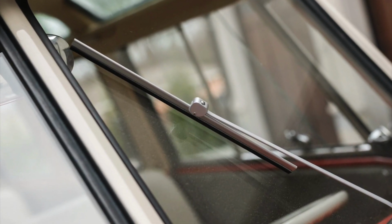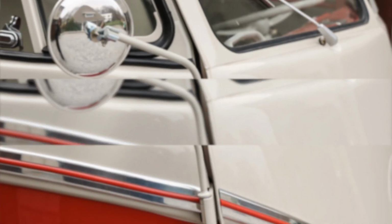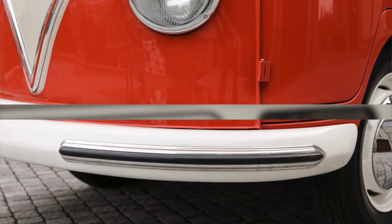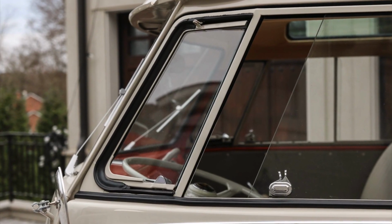The Deluxe Samba bus we are featuring has a fascinating history. It was originally delivered new in Hamburg, Germany, adding to its authentic European lineage. As early as the mid-1960s, this particular Samba made its way to the United States, where it found a new